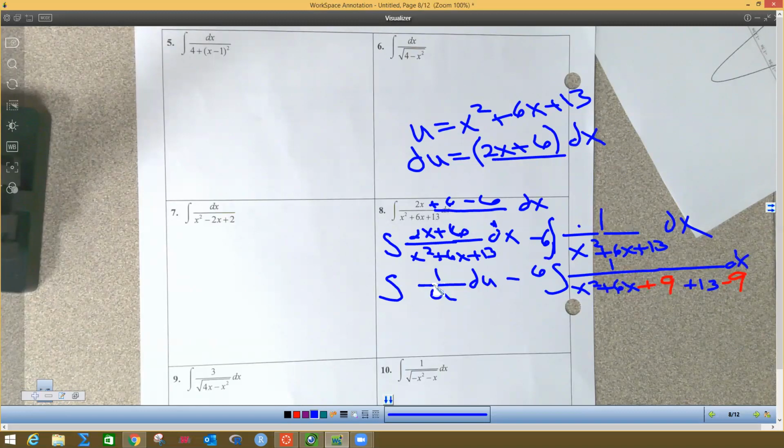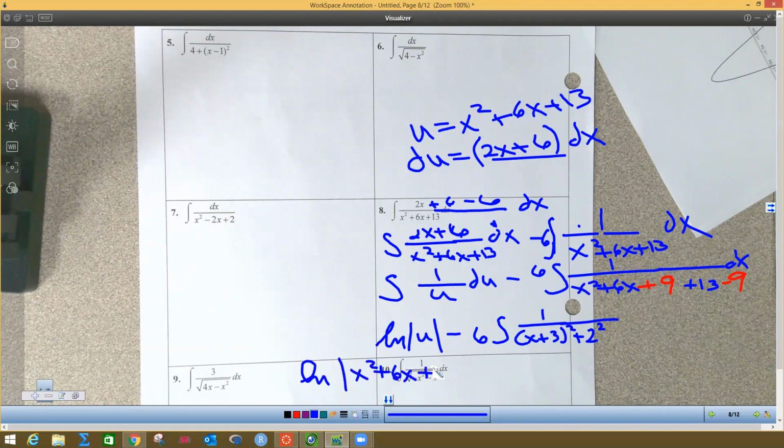And now I'm going to go ahead and do the integral of 1 over u. Do we all know what that is? That's natural log of the absolute value of u. Then I still got minus 6, and I need to factor this stuff. So I got 1 on top, and this would be x plus 3 squared plus 13 minus 9 is 4. Well, I know 4 is 2 squared. Now, does that look familiar to what we just did? Arctan. It's arctan again. So over here, I'm going to plug in my x squared plus 6x plus 13